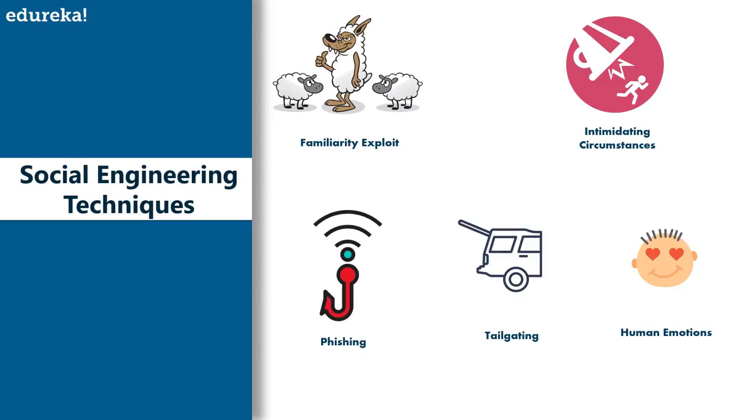Now, there are a bunch of countermeasures that you can take. These are pretty obvious, but let's just discuss them because we have quite a lot of time. To counter the familiarity exploit, the user must be trained not to substitute familiarity for security measures. Even the people they are familiar with must prove that they have the authorization to access certain areas and information. To counter intimidating circumstances, users must be trained to identify social engineering techniques that fish for sensitive information and